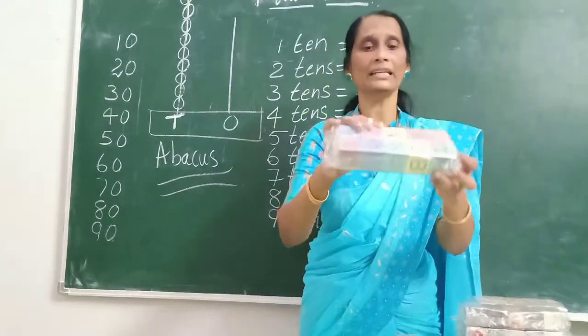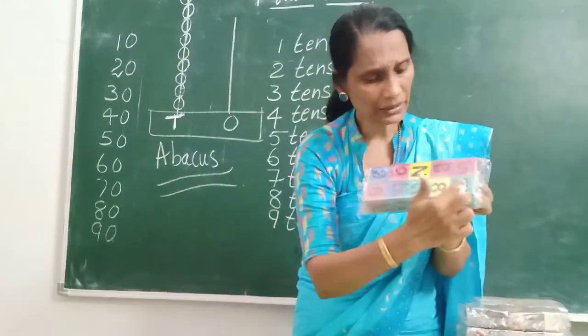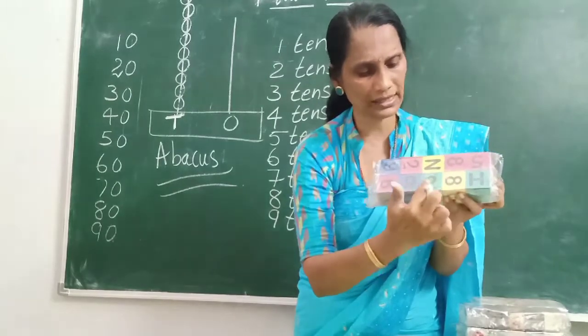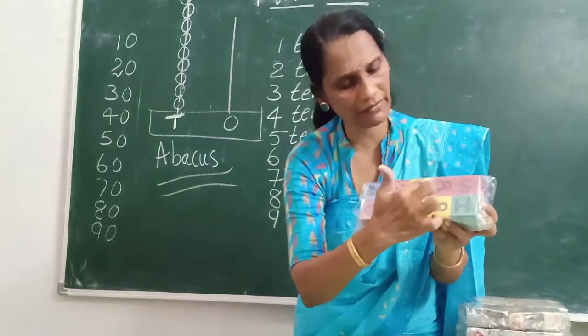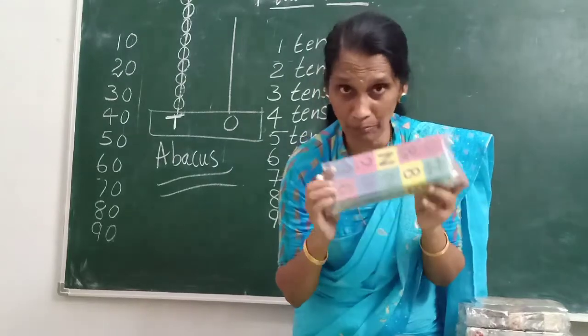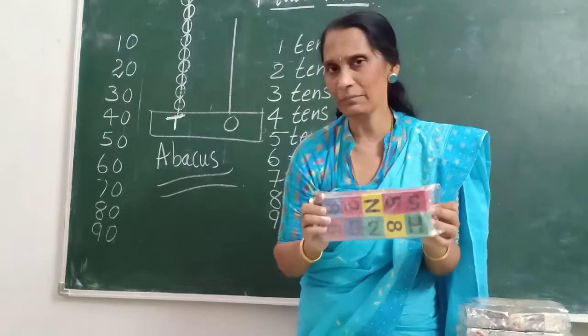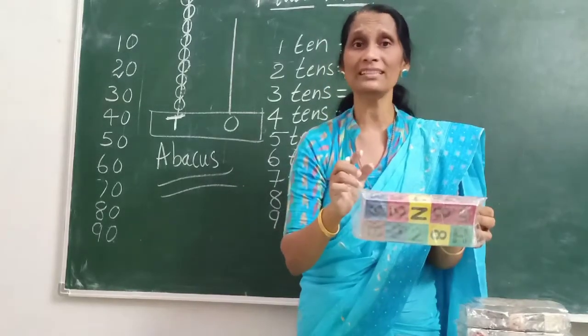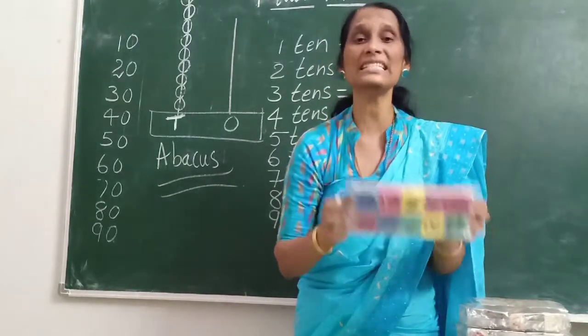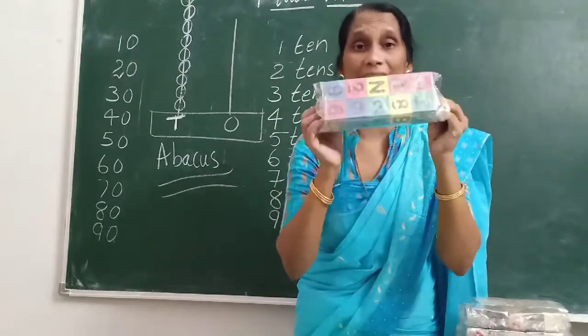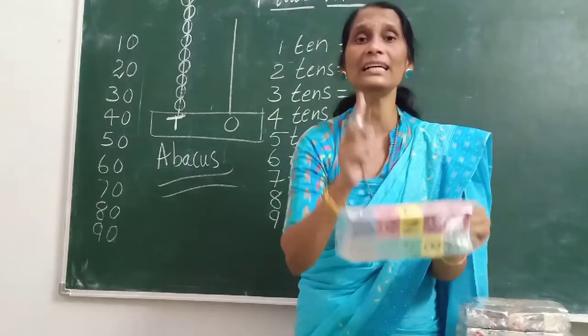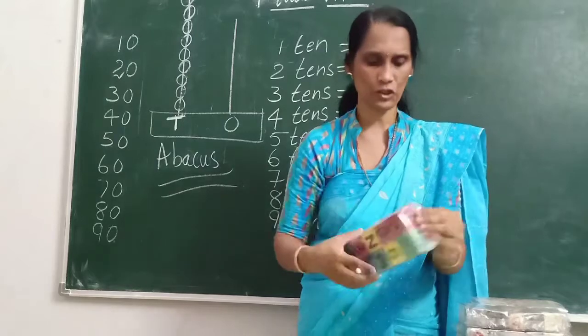You know that each bead contains 10 blocks. 1, 2, 3, 4, 5, 6, 7, 8, 9, 10 blocks. 10 blocks make 10. Again tell me, 10 blocks make 10. Means 10 units or 10 ones make 10. So now